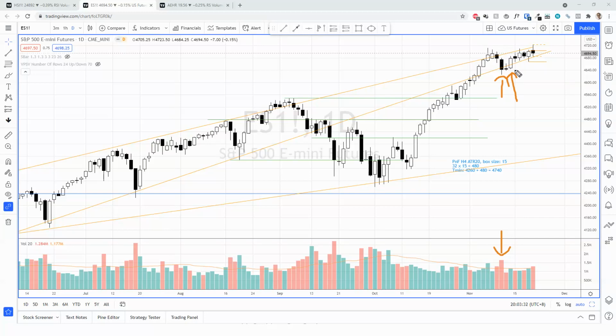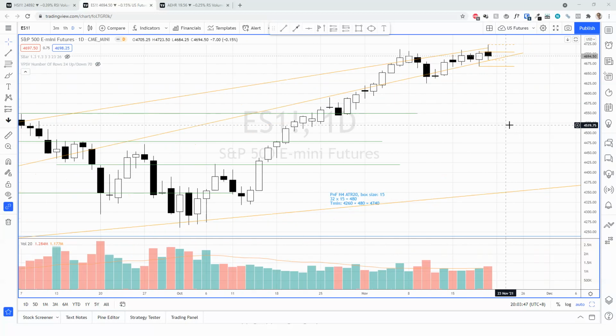So at that point, last Sunday, I mentioned that there would be some more rally, probably until we tested the swing high. Last Friday was interesting. Let's zoom in a little bit here. Last Friday, we had an upthrust. So what exactly is an upthrust? This is the swing high, or the all-time high.